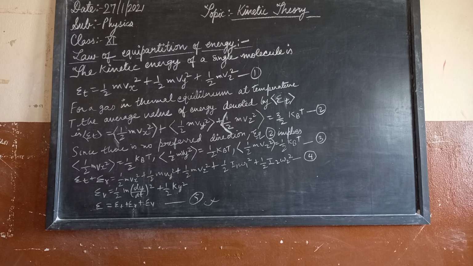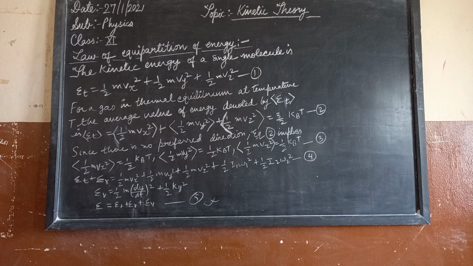molecule. We have seen that in thermal equilibrium at absolute temperature T, for each translational mode of motion, the average kinetic energy is equal to 1 by 2 kBT. As I told you, it is from the law of equipartition of energy, so it will have the same value for x, y and z. And thus the most elegant principle of classical statistical mechanics, first proved by Maxwell, states that this is for each mode of